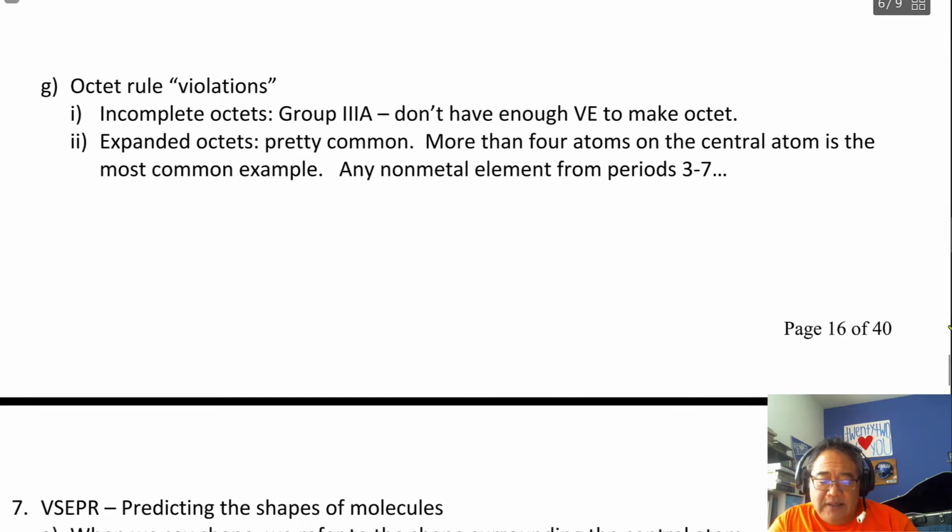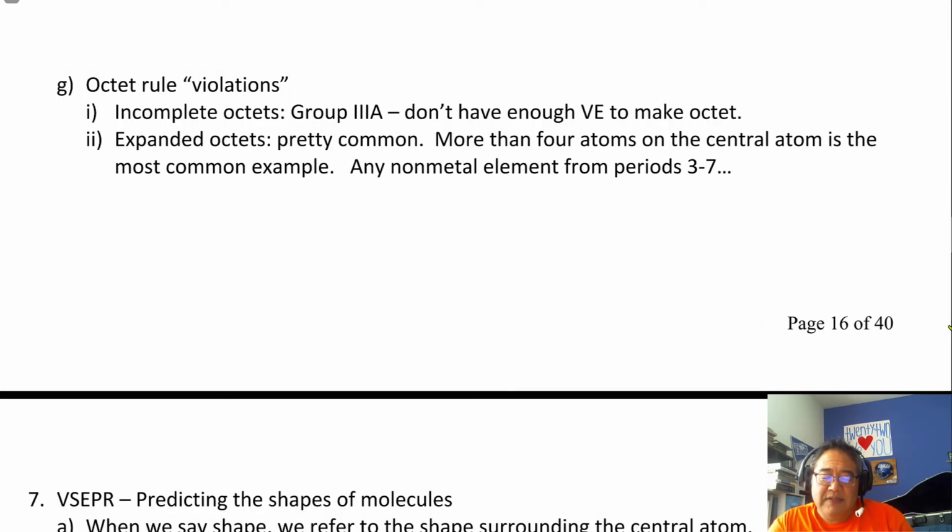Just a little note, I talked about this before. Sometimes we have expanded octets. They are pretty common. We won't be doing those in this class, but it's when you have more than 4 groups bonding to the central atom. And also things in group 3A, like boron. Gallium is in that group. They don't follow the octet rule. Okay,